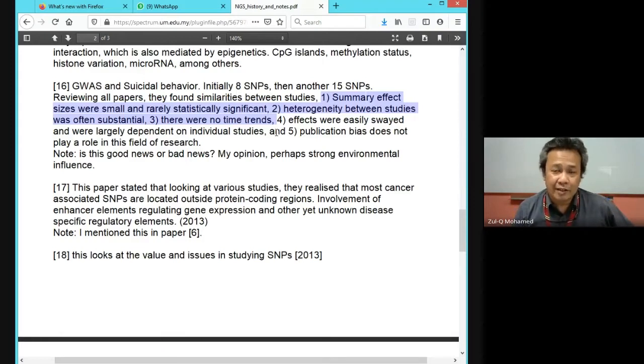Perhaps the environmental influence is more significant, like how you behave, how you were treated in your childhood, were you exposed to any particular trauma, were you exposed to a lot of violence, this kind of thing. So perhaps those factors plus some genetic factors will actually lead to what we call suicidal behaviors and things like that, right?